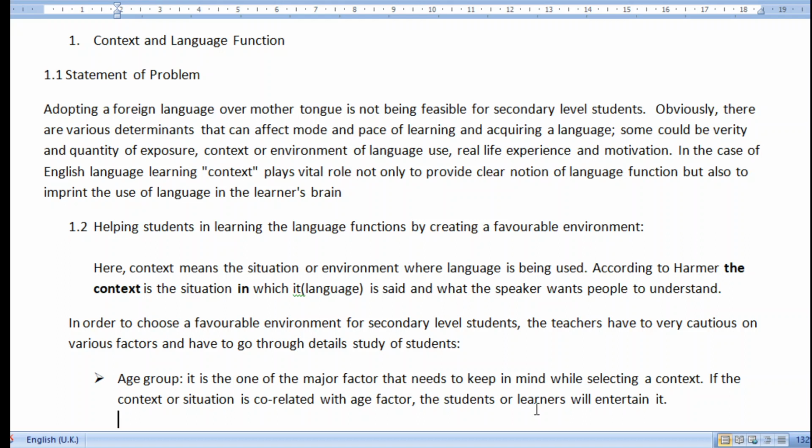According to Harmer, the context is the situation in which language is set, where language is uttered and what the speaker wants people to understand. त्यो कुरा ल्याङ्ग्वेजको कन्टेक्स्टले डिसाइड गर्छ। हुन त यो कुरा प्राग्मेटिक्स तिर पनि जान्छ, तर प्राग्मेटिक्सलाई यहाँ क्वेशनमा धेरै फोकस गरेको छैन, that's why I am not going to deal with pragmatics right now. अरु मोडल क्वेशनमा त्यो पनि डिस्कस हुने नै छ। In order to, I suggest you while dealing with every question please try to